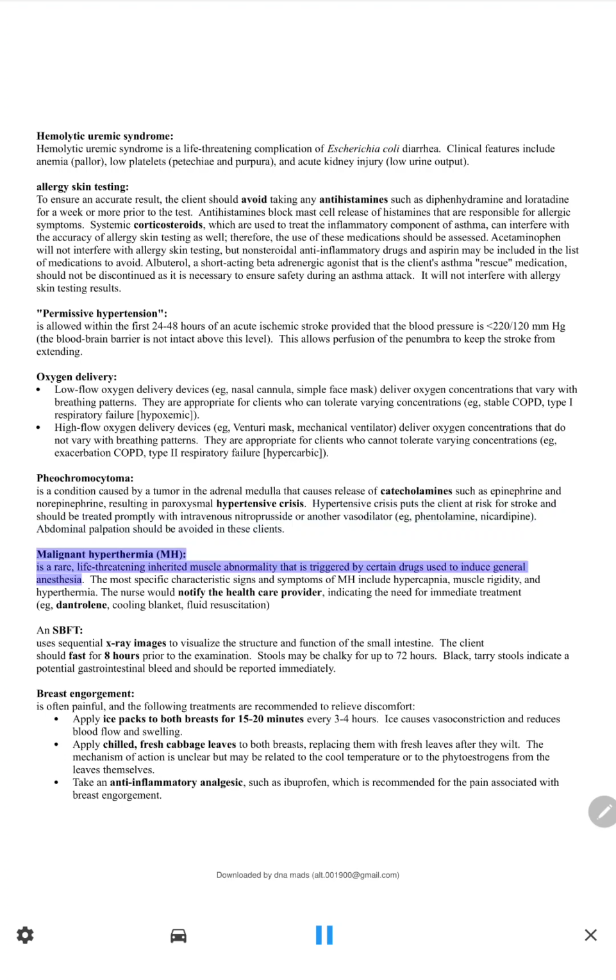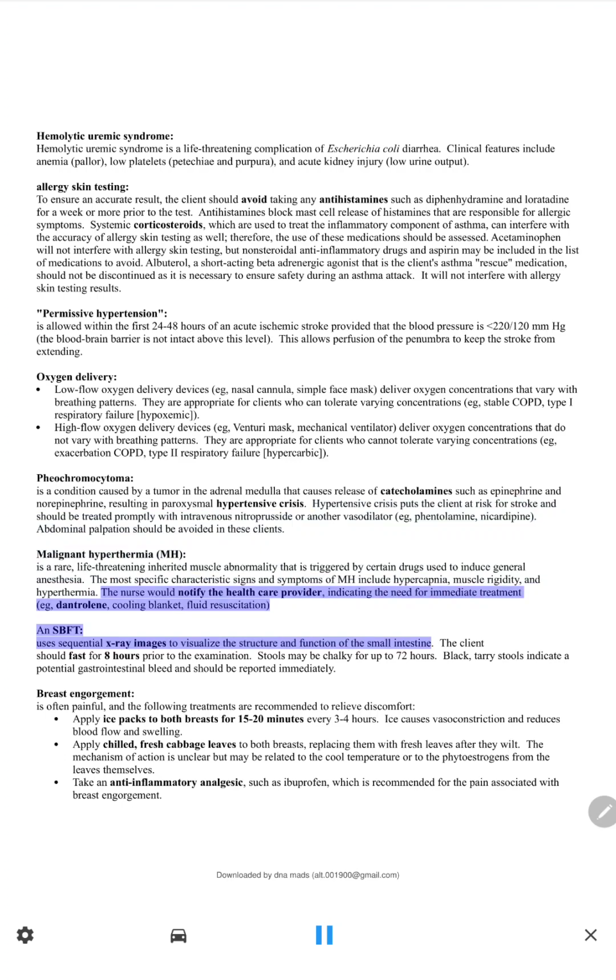Malignant hyperthermia, MH, is a rare, life-threatening inherited muscle abnormality that is triggered by certain drugs used to induce general anesthesia. The most specific characteristic signs and symptoms of MH include hypercapnia, muscle rigidity, and hyperthermia. The nurse would notify the healthcare provider, indicating the need for immediate treatment, e.g., dantrolene, cooling blanket, fluid resuscitation, and